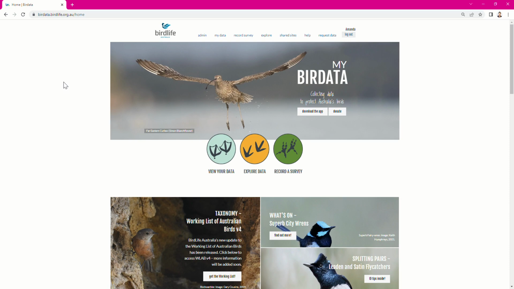So here we are on the Birdata website, which is birdata.birdlife.org.au. This is the landing page. But what we want to do is explore all of the KBAs, the Key Biodiversity Areas around Australia. So to do that, my first step is to go to the Explore tab just here, and I click on Explore,